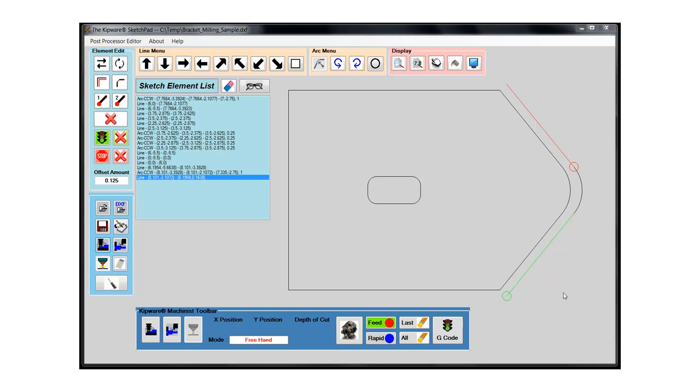So we have our roughing toolpath done, and now I'm going to create the finishing toolpath. I'm going to use the actual part to show you how you would do that when you just import a DXF file and you want to use those elements to create the toolpath. So I'm going to clean up my drawing a little bit. I'm going to get rid of those lines that I drew,